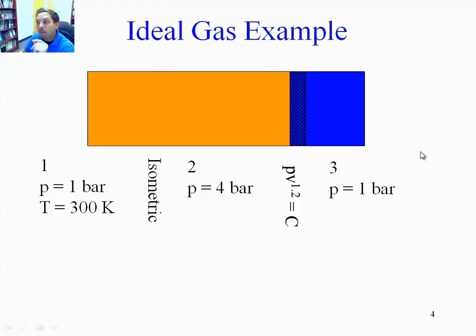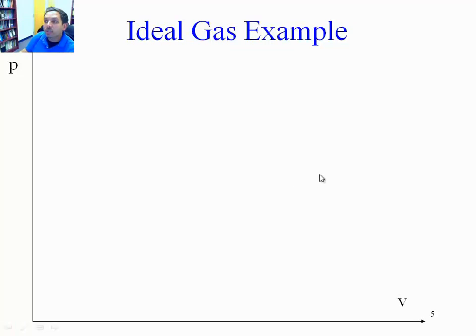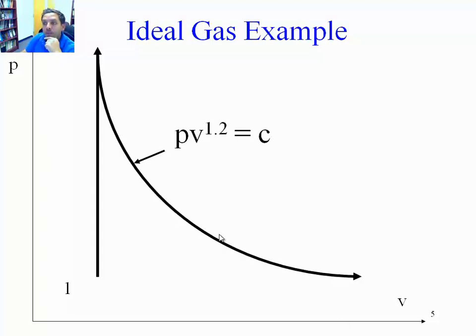And we know that it goes to 1 bar because the process from 3 to 1 is an isobaric process. We're told that the process from 3 to 1 is a constant pressure process. So if we plot this in a PV diagram, which is pretty much the first thing you should do to be able to visualize what these processes are doing, the first process from 1 to 2 is a constant volume process, so it's a vertical line in the PV diagram. Volume doesn't change. Then from 2 to 3, we have PV^1.2 equals a constant. Remember, all of these are asymptotic curves. The larger this exponent, the steeper this curve, but it's always going to be a concave curve. And it goes down to the original pressure of state 1. So this is state 3 right here.